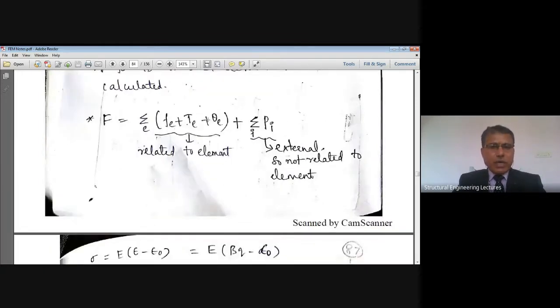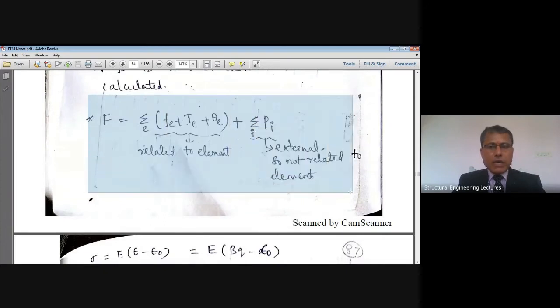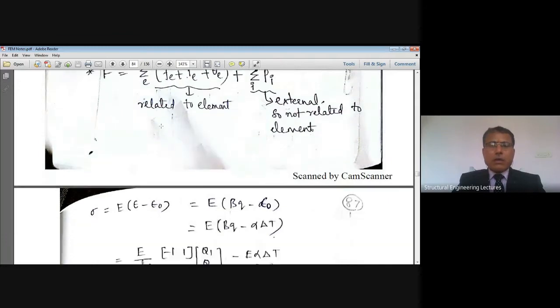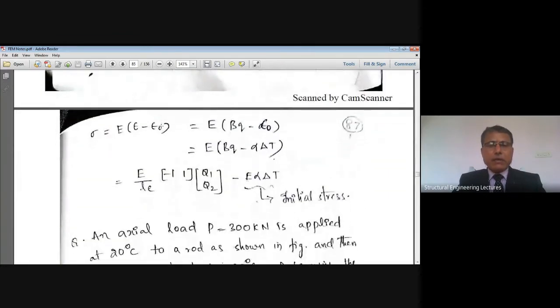Hence, by knowing the element temperature load vector theta E, now I can calculate the global load vector, which has contributions: one from the element body force vector Fe, two the element traction force vector Te, and the third one from the element temperature load vectors, if any, and the concentrated loads, if any. These are for each of the elements, all the 3 terms. This is at the nodes, and that is how the capital F global load vector can be evaluated.